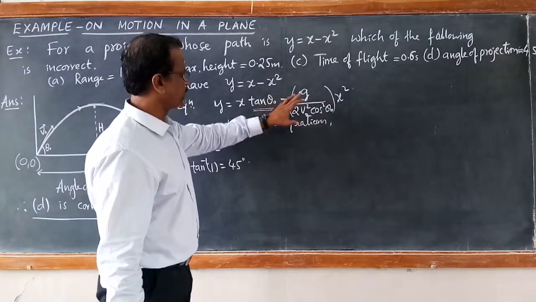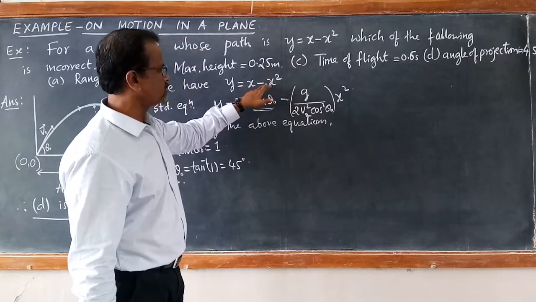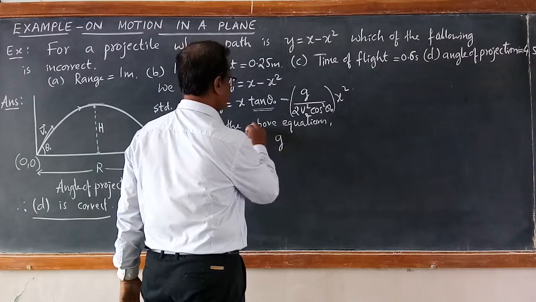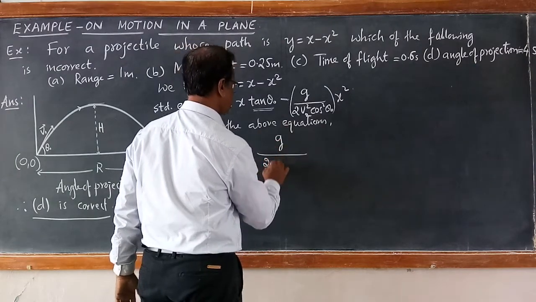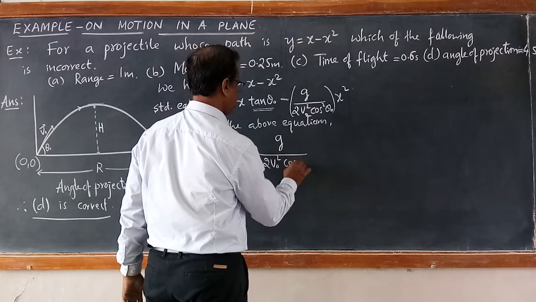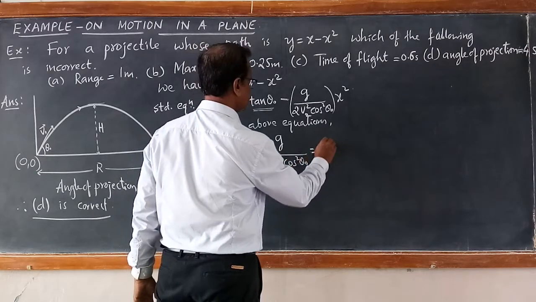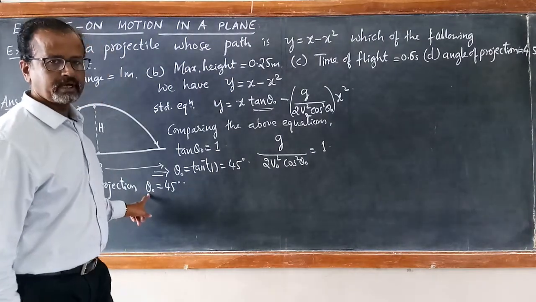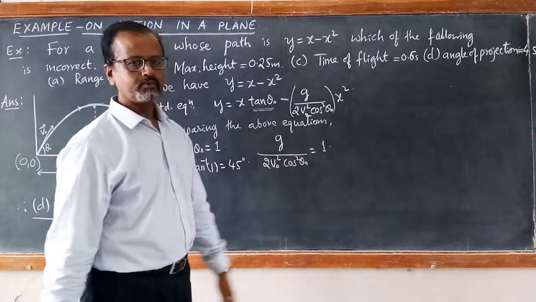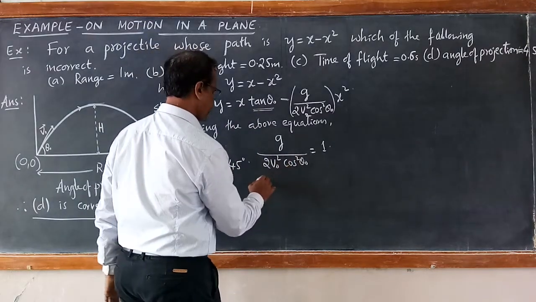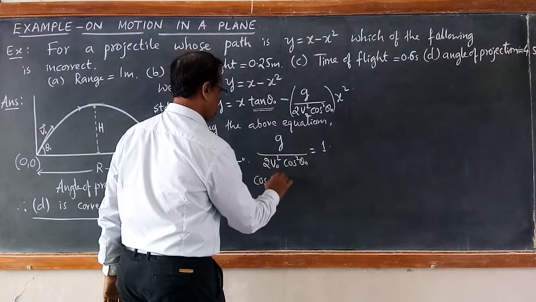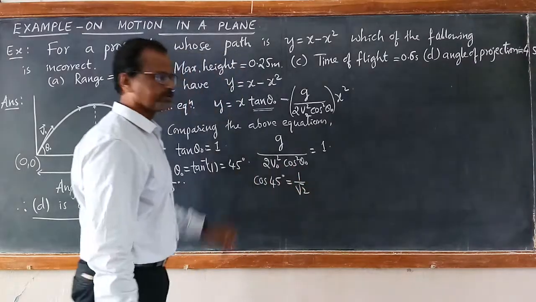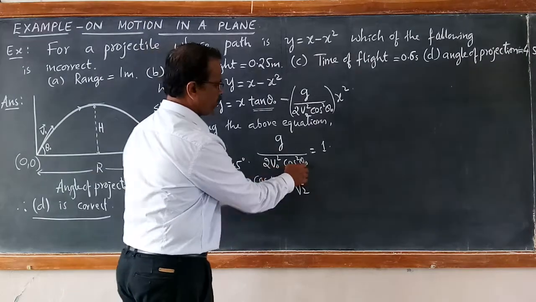Comparing the bracket, the entire bracket should be equal to 1 because here it is 1 multiplied by x square. So I can write, after comparison, g upon 2 v naught square cos square theta naught is equal to 1. And we got the value of angle of projection theta naught equal to 45. So what is cos 45? Cos 45 is equal to 1 by root 2. Substitute this in this equation. Then 1 by root 2 whole square